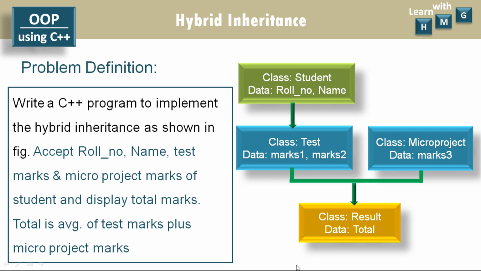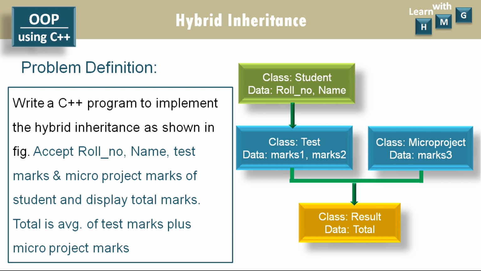The concept is already implemented in the I scheme of diploma, where every subject or course has theory progressive assessment marks, that is out of 30, and these 30 marks are distributed into two components. One component is average test marks, that is of 20, and the other is the microproject marks out of 10. So 20 plus 10, 30. That is the total marks for any subject's theory progressive assessment, called THPA marks. And this particular examination scheme is implemented in Diploma in Engineering under I scheme of MSBTE.